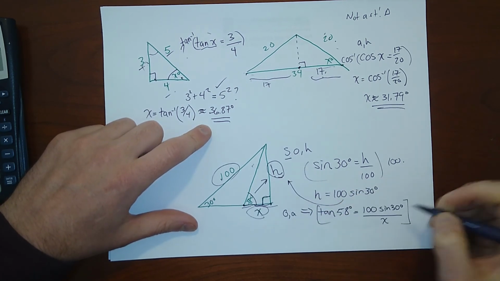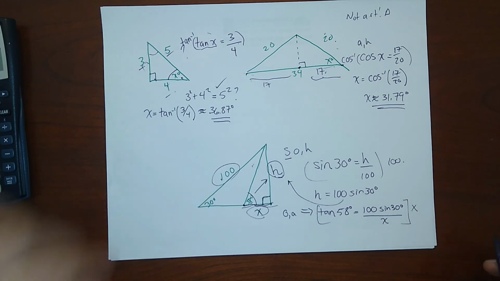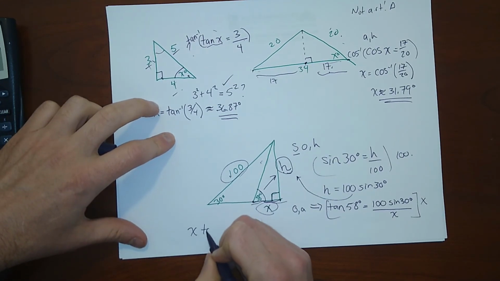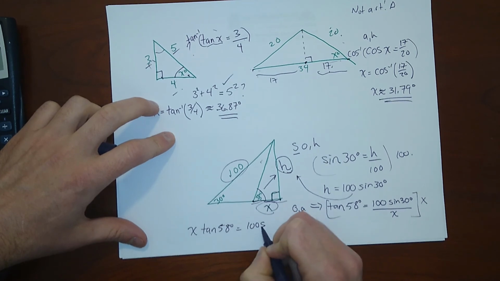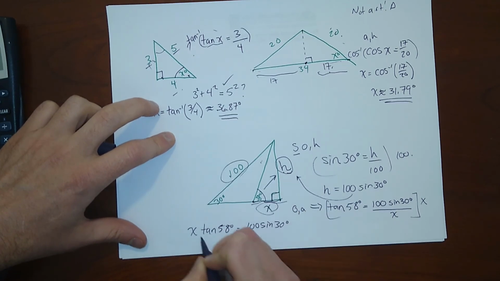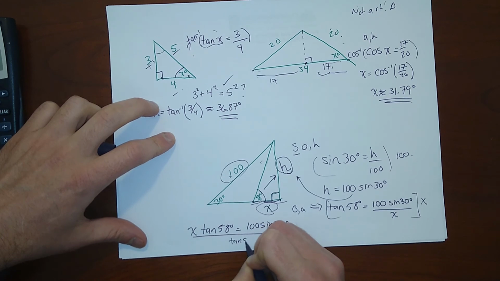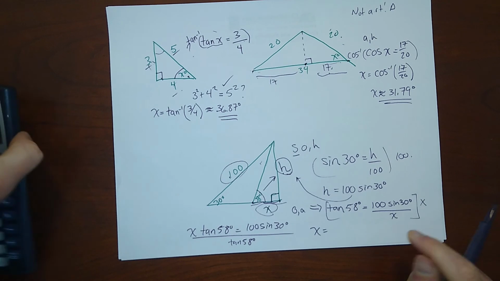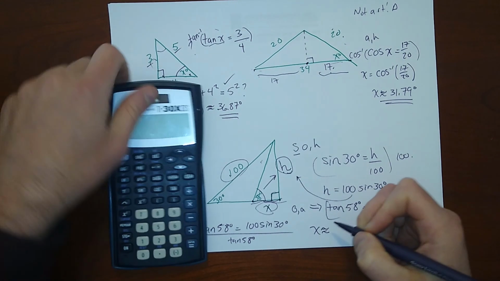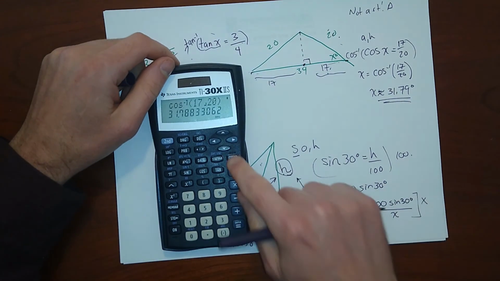And multiplied by x, x times the tangent of 58 equals 100 sine 30, divided by the tangent of 58. So x is 100 sine 30 divided by tangent 58, and that number comes out to be